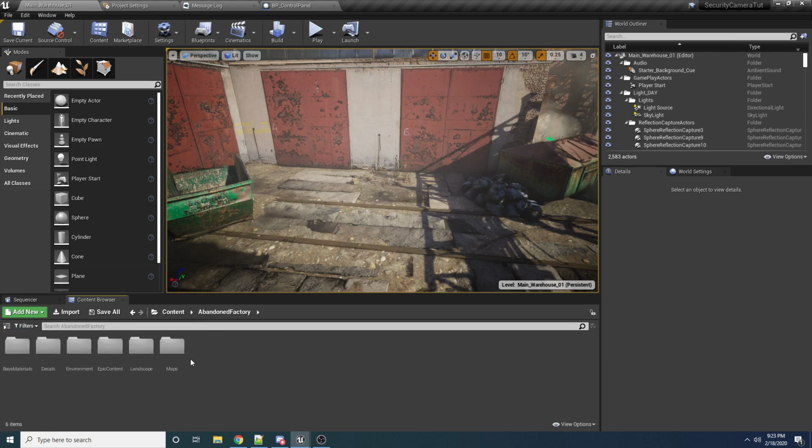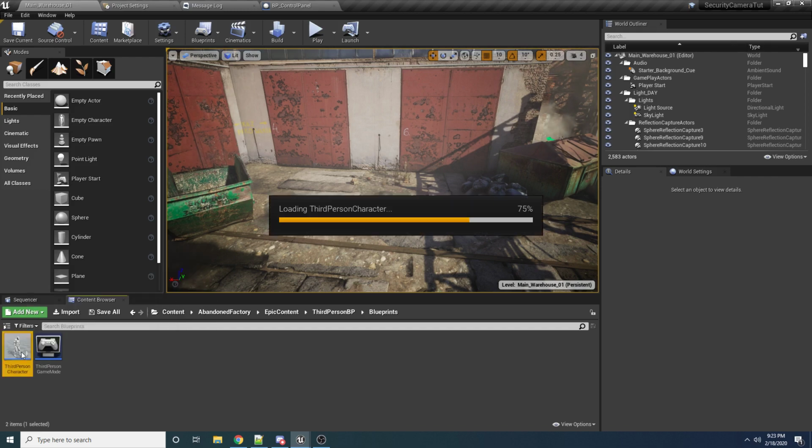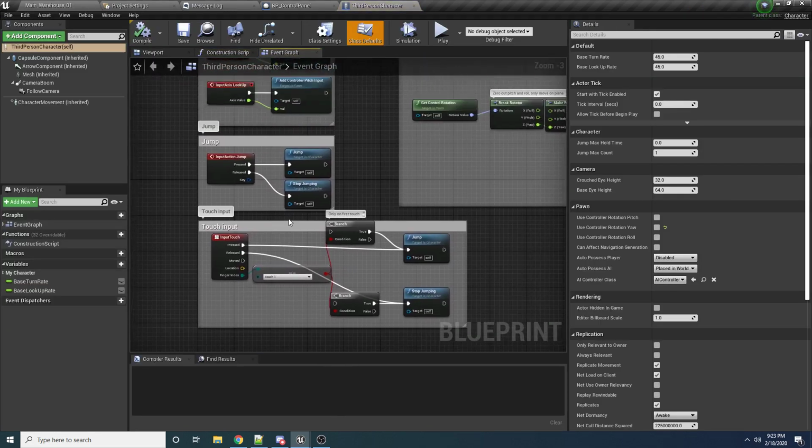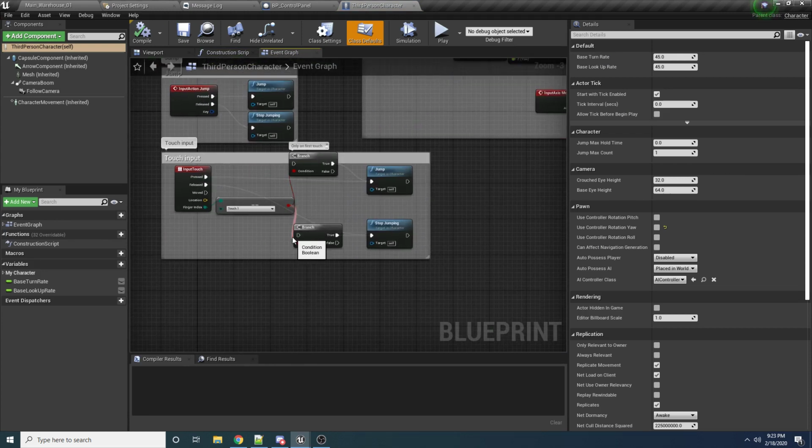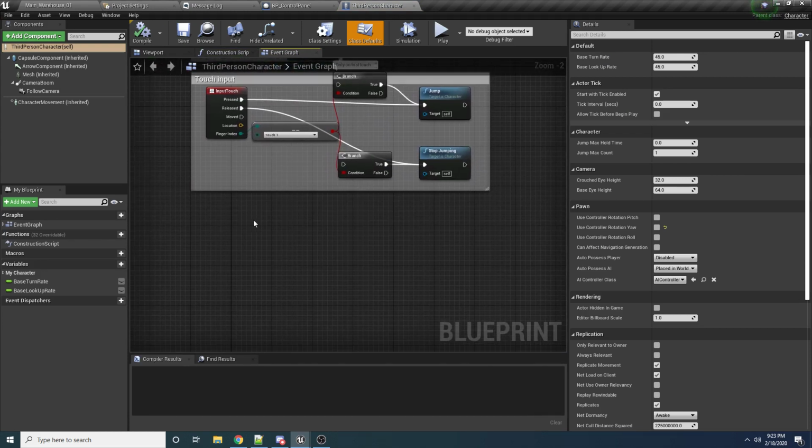But basically, you just want to do this in whatever character you're using in your game. And I believe it's in here for me. Yes, okay. So this is the character that's being used in my game, and it's the same character blueprint that gets added in the templates. So it should look pretty familiar. So inside of here,